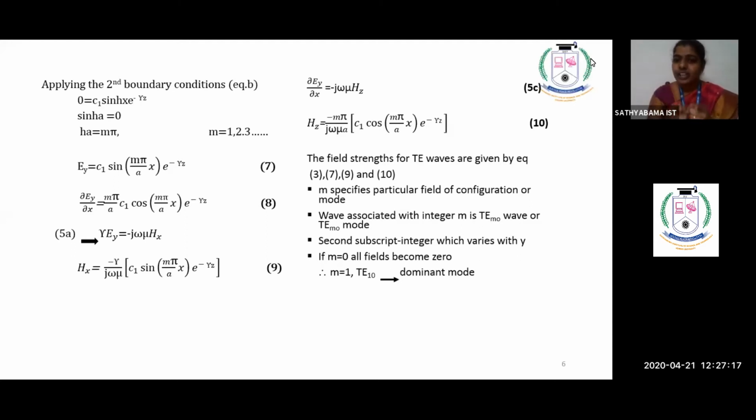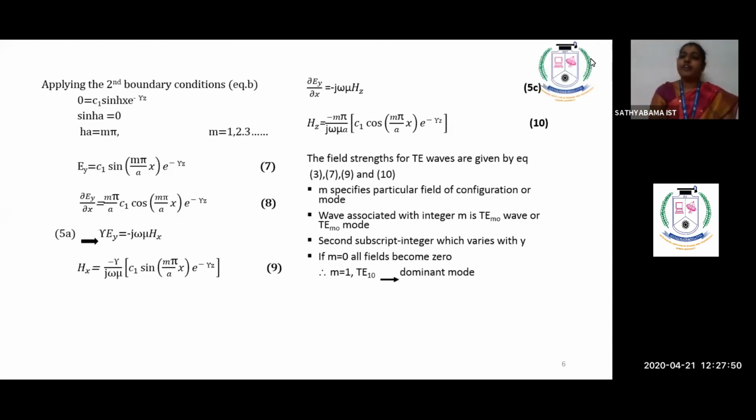So now you can ask me, in the right hand side, the second point, it is written as TEm0. Why have I written it like that? Because for your parallel plane wave, along the y direction there is no variation. So always your n is 0. But what is the m component I said? It is telling about the variation along your x direction. Along x we have variation because of the spacing 0 to a. So the m component exists and m varies from 1, 2, 3, etc.